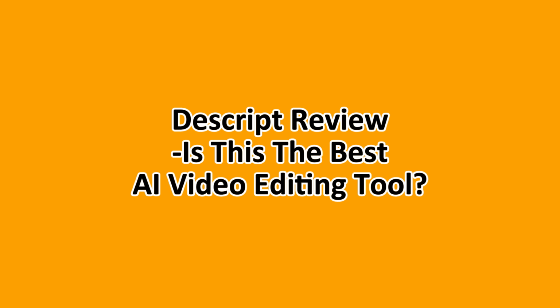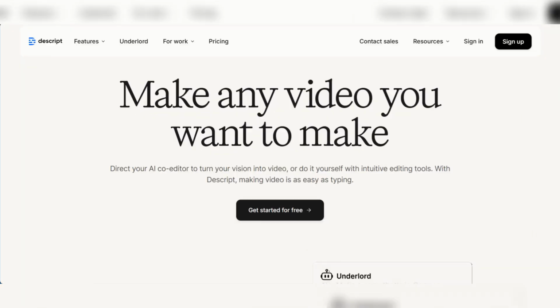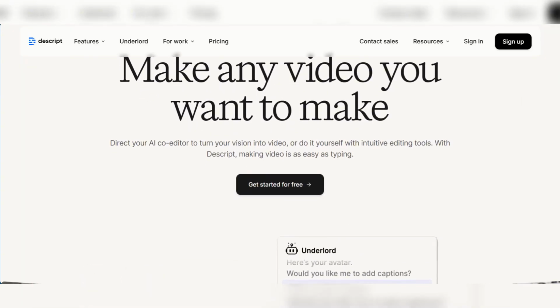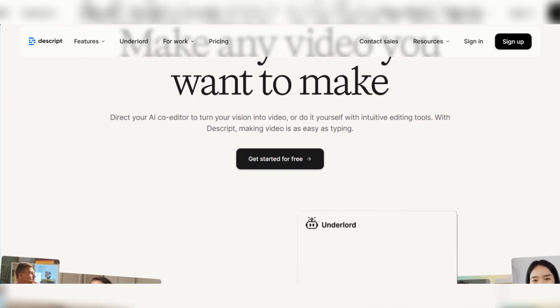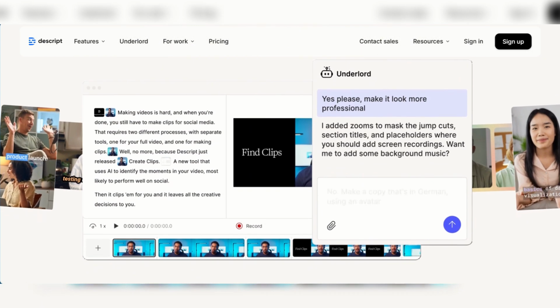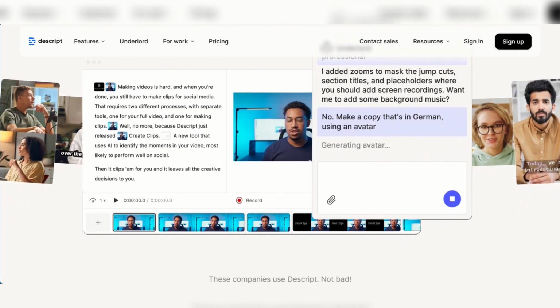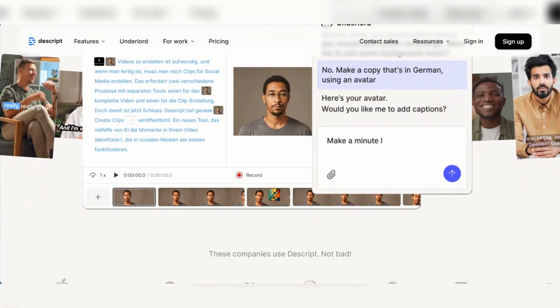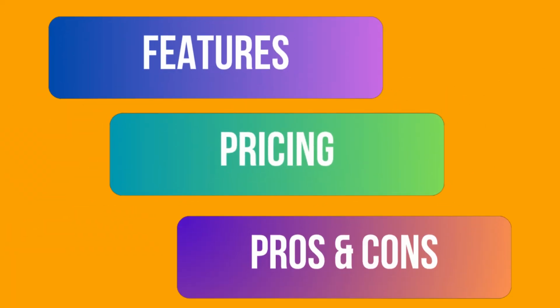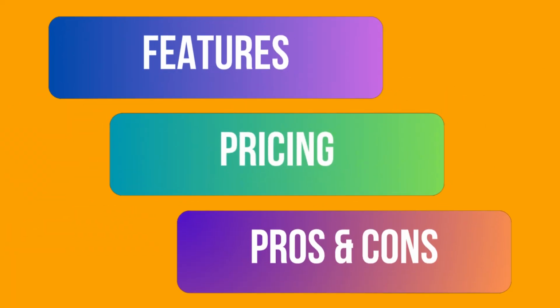Is it the best AI video editing tool? Well, Descript is an AI video editing tool that's truly changing how we create content. It lets you edit video and audio by simply editing text, making the process incredibly intuitive. We'll cover its key features, pricing, pros and cons, and so at the end, you'll know what you should consider